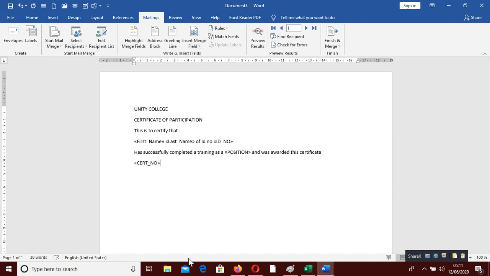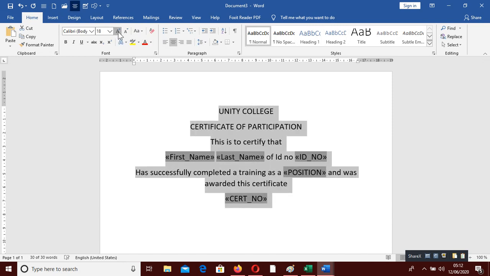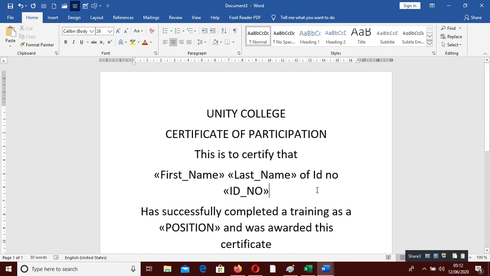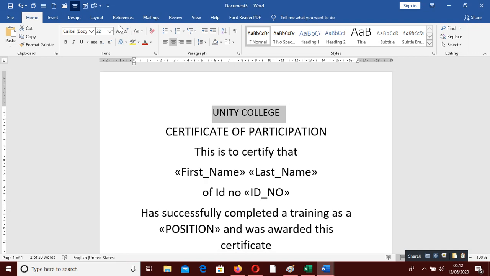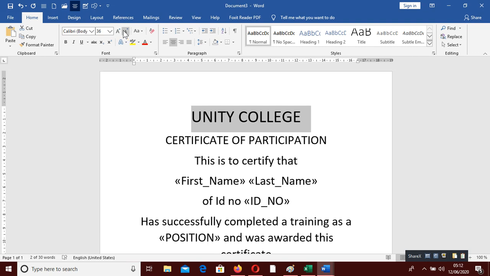You can format your text, just center line everything, go back to home tab, center line the text, increase the size, make sure it fills nicely to the whole page. Just after selecting, make sure it fills the whole page. So you can move off ID to another line. So format the title of the certificate. This is just to format, increase size, look for a nice font. So in my case I'm going to